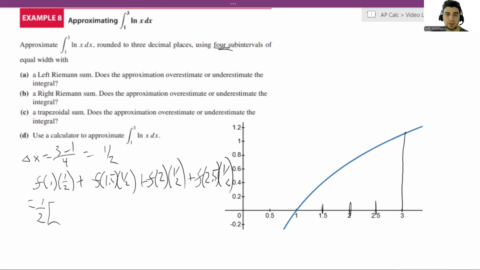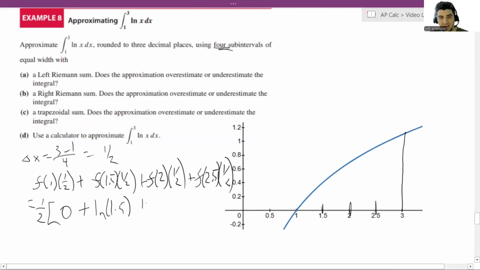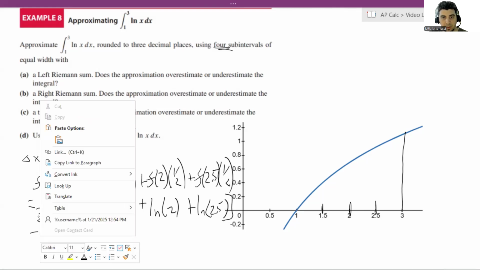So f of 1 is 0. f of 1.5 is natural log 1.5. And then f of 2 is natural log 2. And then f of 2.5 is natural log of 2.5. Okay. And then if we add all that up, multiply by 1/2, you get